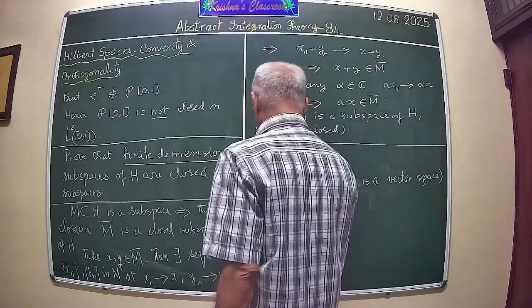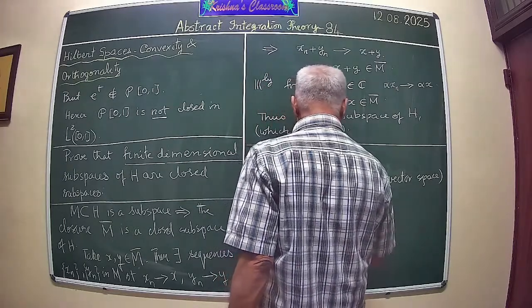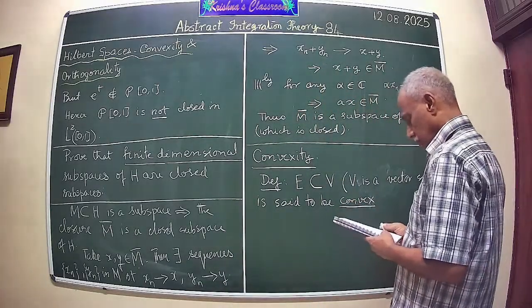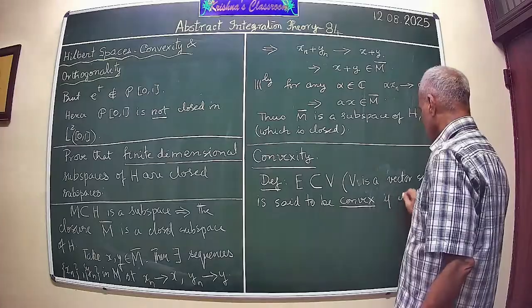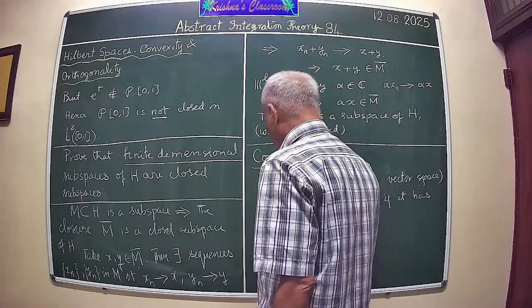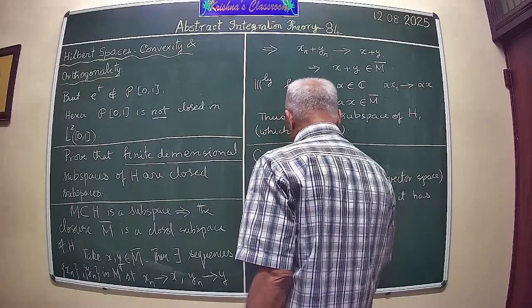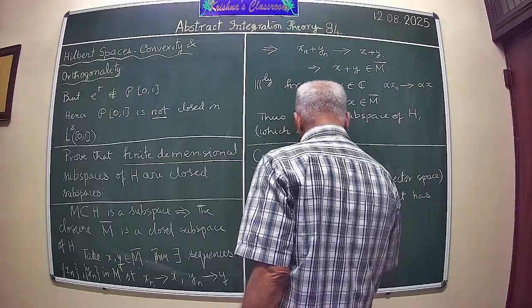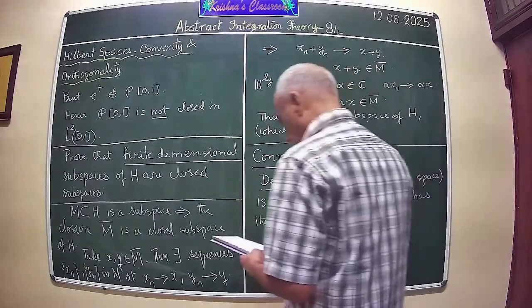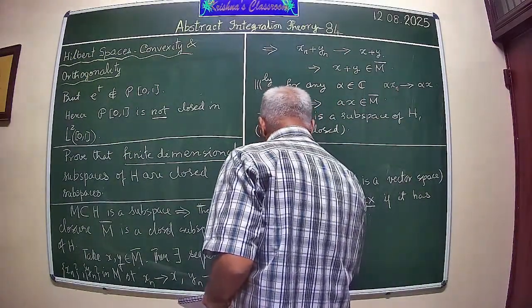Is said to be convex if it has the following property, namely, x belonging to V, y belonging to V